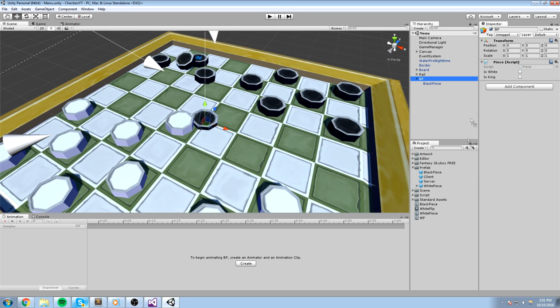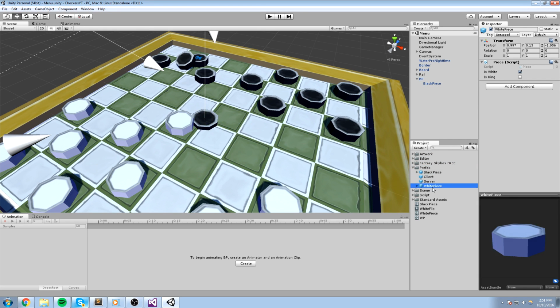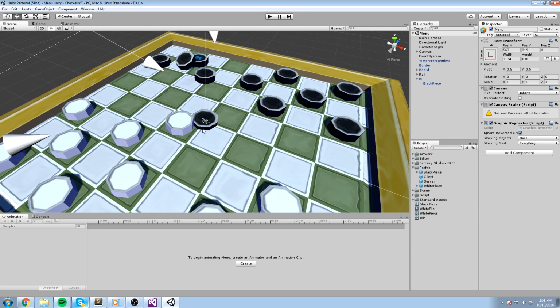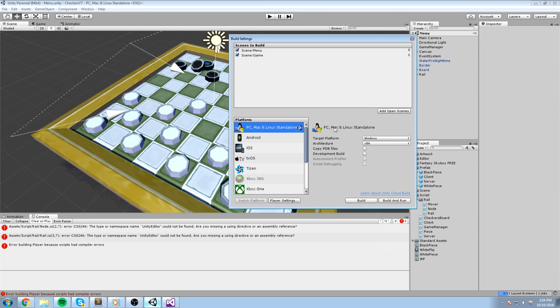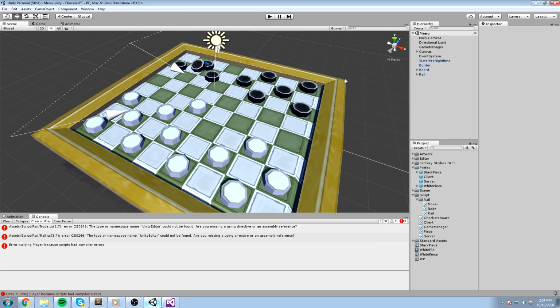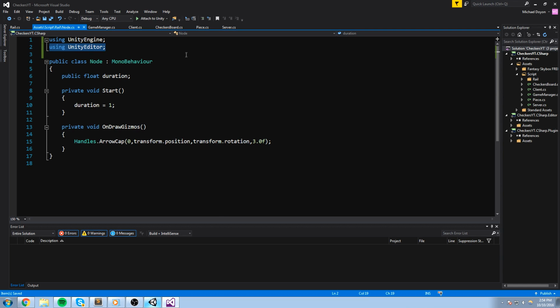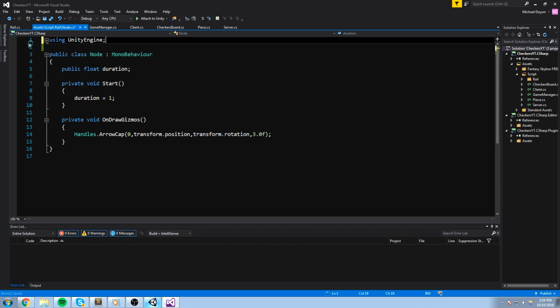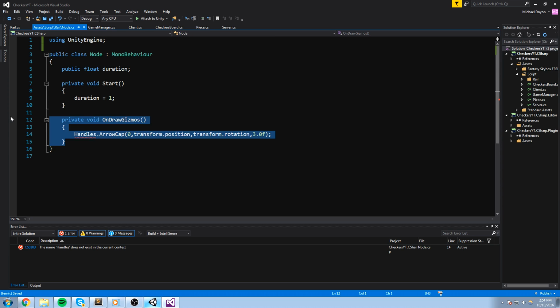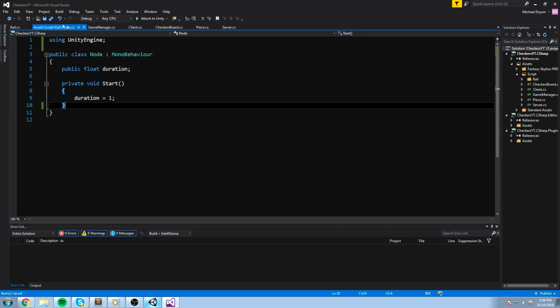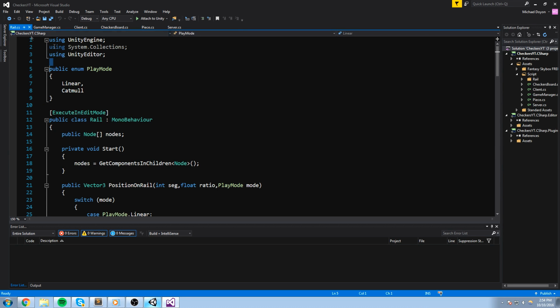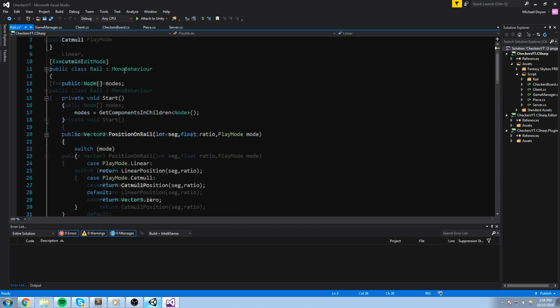We are going to drag and drop this on black piece, and seems to be fixed now. And in order to actually test this out again, we have to modify the rel script a little bit because we're not able to use Unity Editor. So what I'll do is I'll just remove Unity Editor here. I'll remove the Undraw gizmo in my node script, and I'll go back inside of rel, remove Unity Editor, and